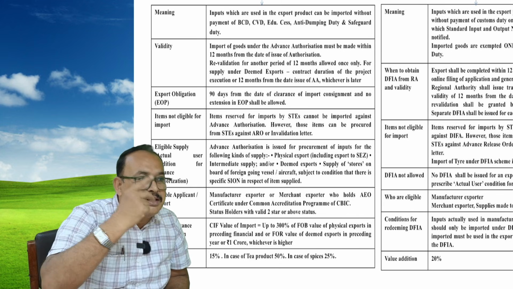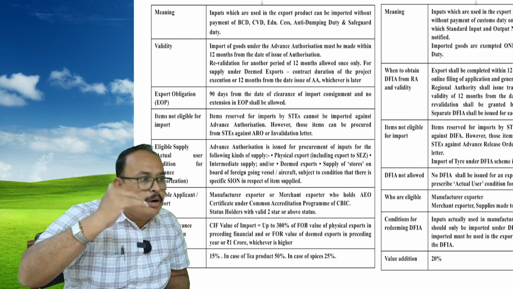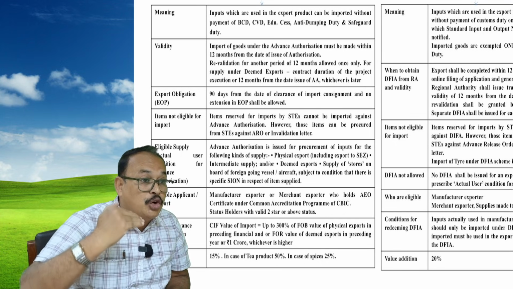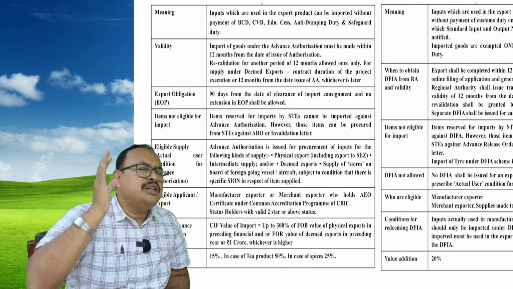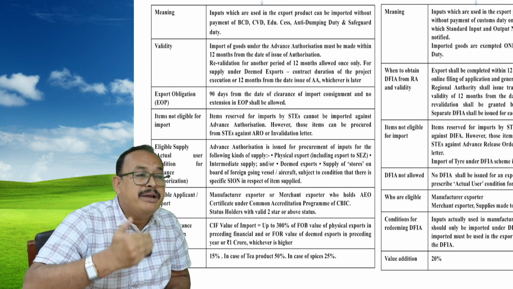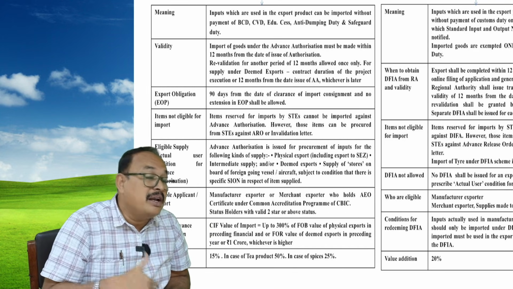$3 million and above, 1 star. $15 million and above, 2 star. $50 million and above, 3 star. $200 million and above, 4 star. $800 million and above, 5 star export houses. For them,